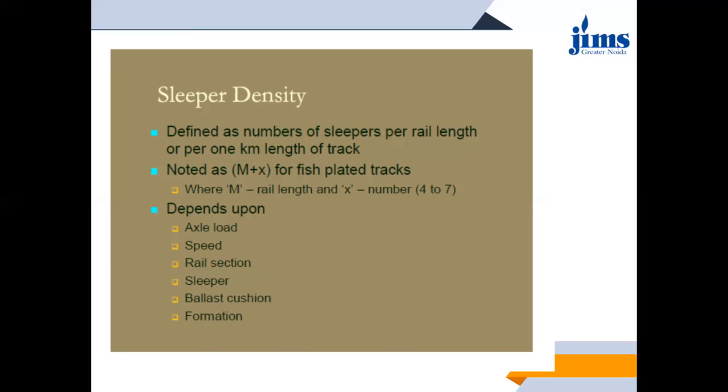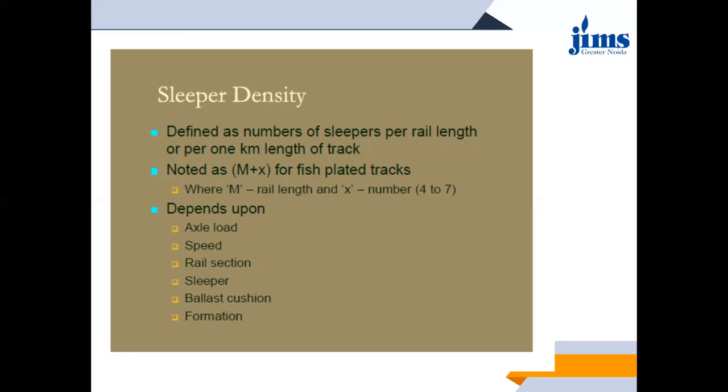You have to apply the 1000 meter rail on both sides, because a track consists of two parallel rails running parallelly. It's not that you'll run your train on a single rail. So the 1000 meter rail has to be divided into two: 500 meters for one rail, 500 meters for another rail. Then you have to decide the nominal rail length, which for a broad gauge section is 13 meters. So one rail length will be 13 meters.